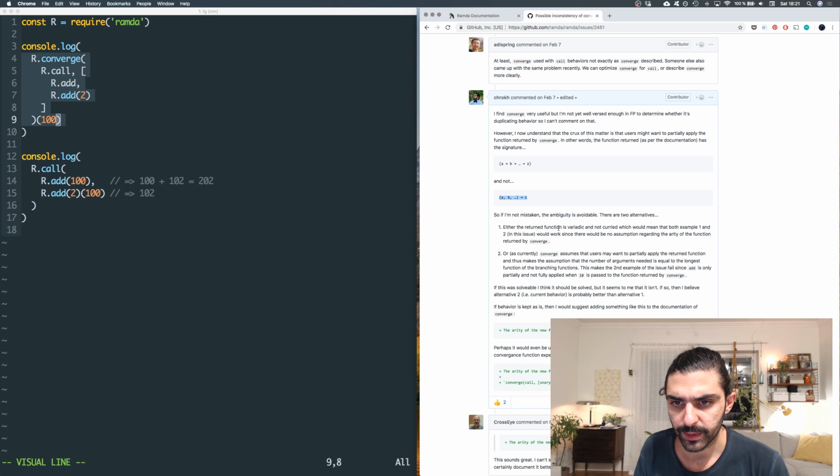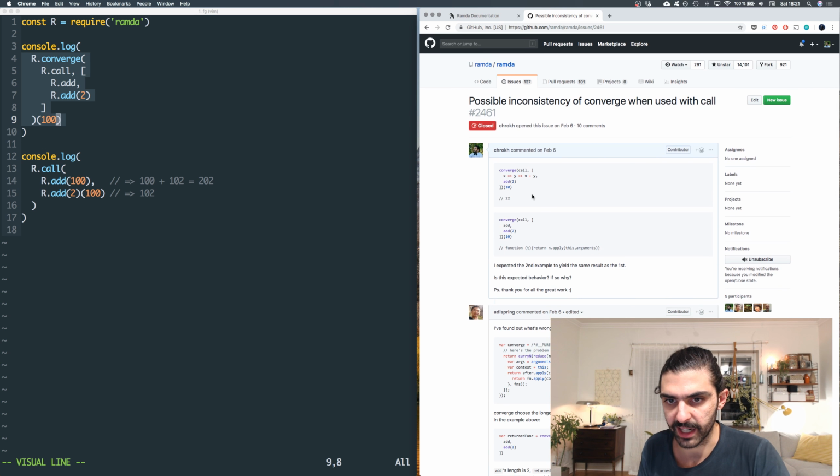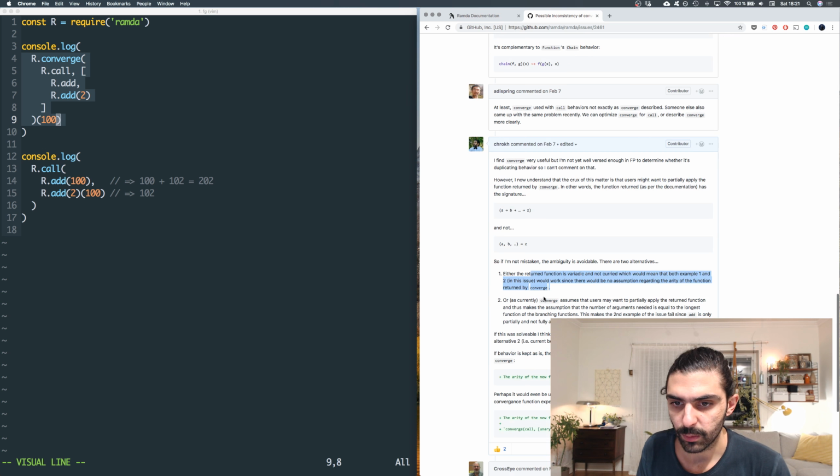Okay, either the return function is variadic and not curried, which means that both example 1 and 2 in this issue, which is the stuff that I outlined here in the beginning, would work since there would be no assumption regarding the arity of the function returned by converge. But then